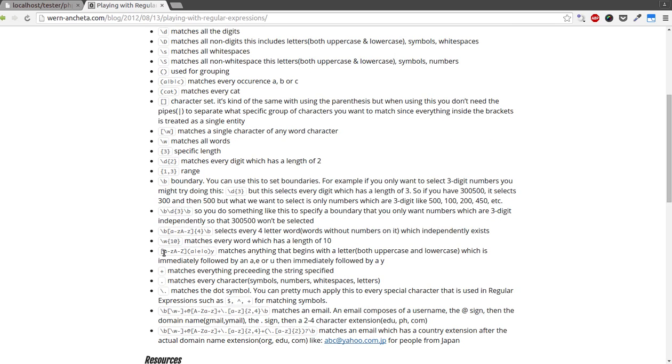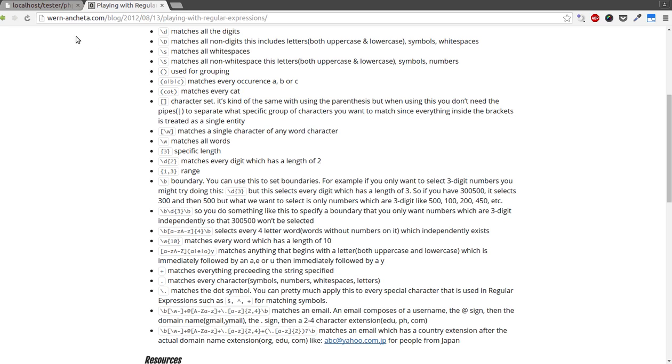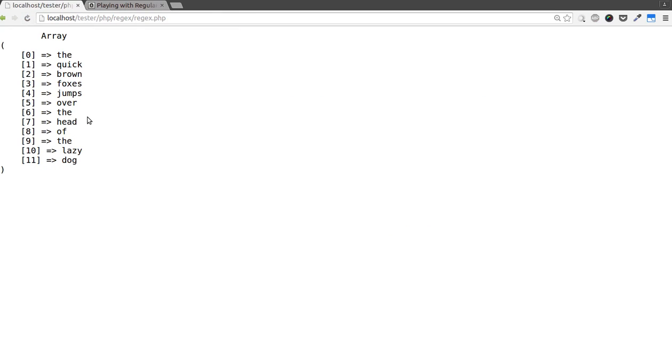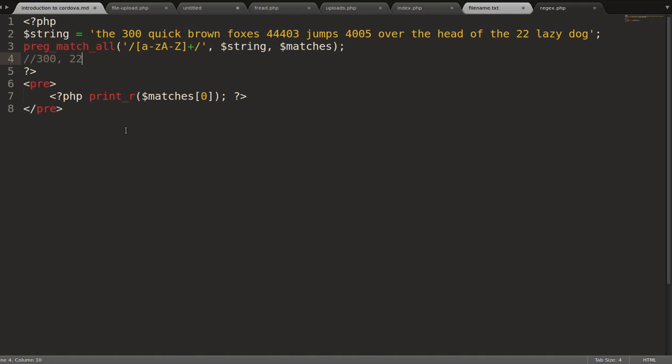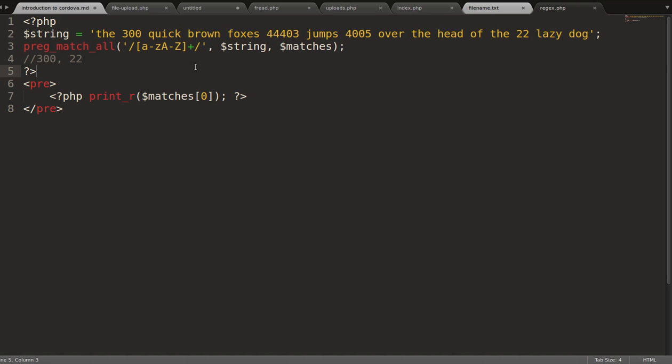Okay, so let's try this. A to Z and then capital A to Z. Let's try that out. Okay, so that's more like what we need. And then it skips this one and then it proceeds with the second word. So it's actually working. So what this pattern does is basically we have grouped these two patterns into a single